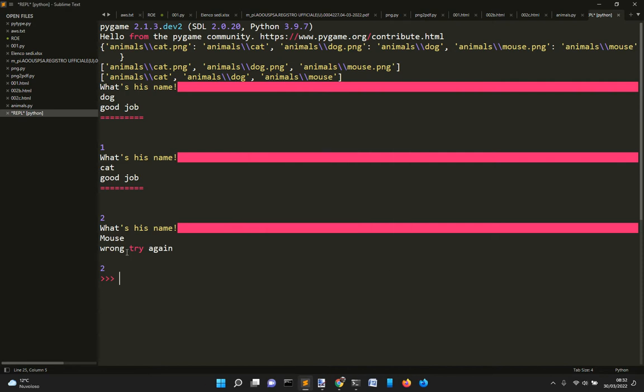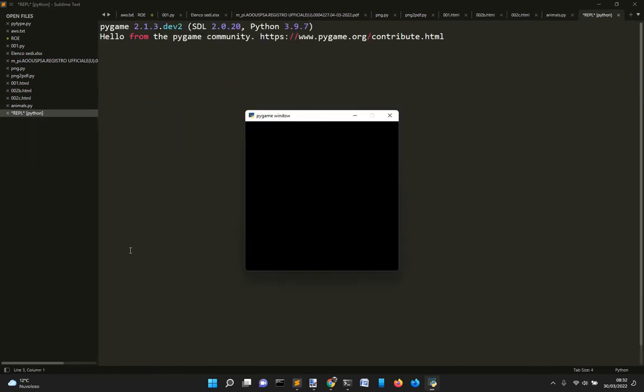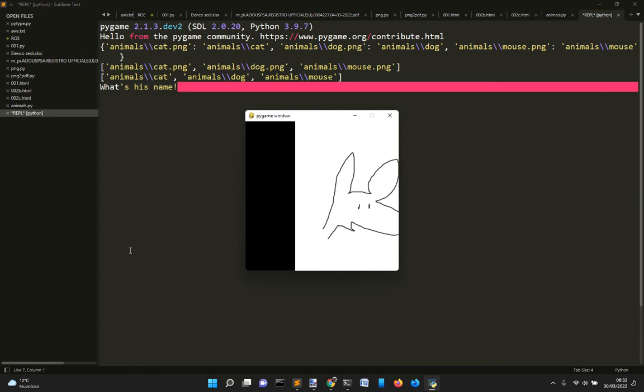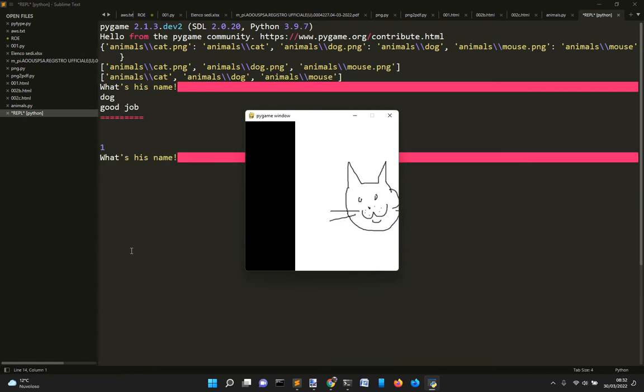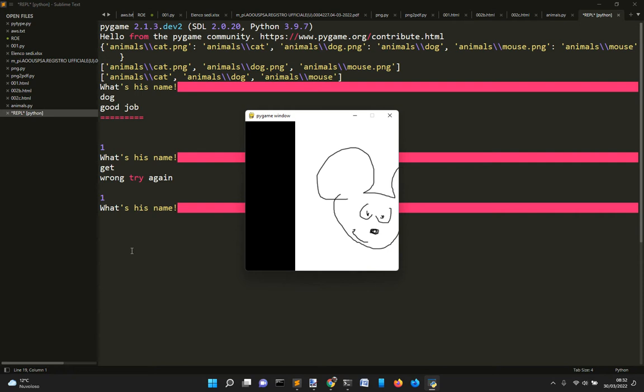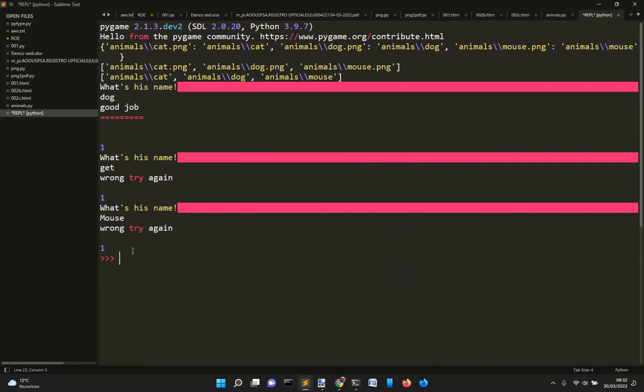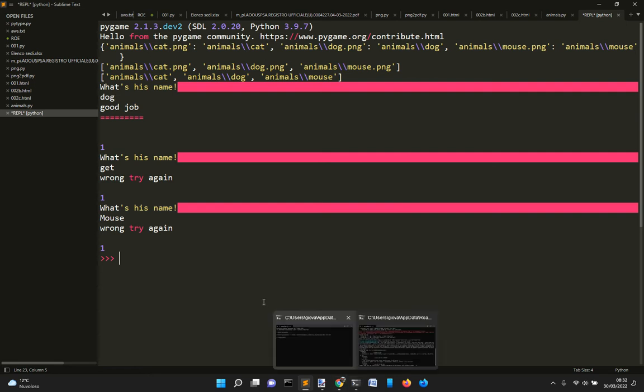Okay, here it said wrong, try again because you didn't understand well. Let's run it again. Dog, cat, mouse. Well, the pronunciation probably it's not good, but that's how it works, and